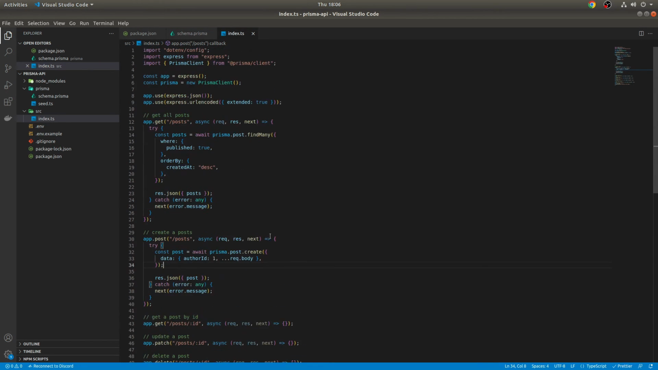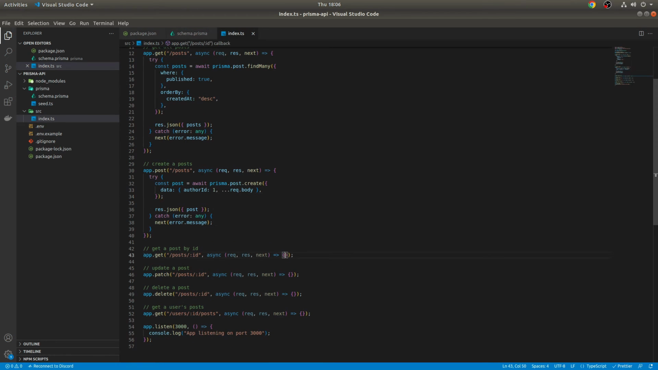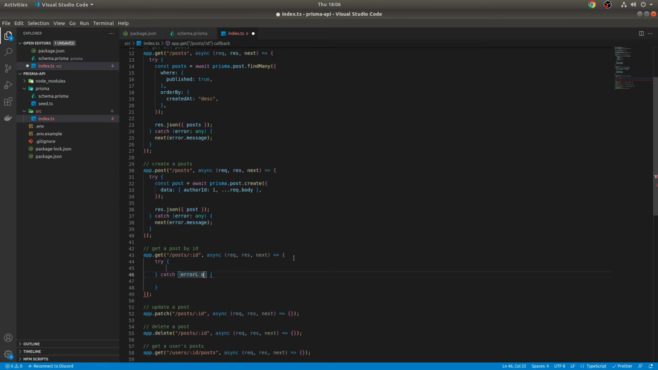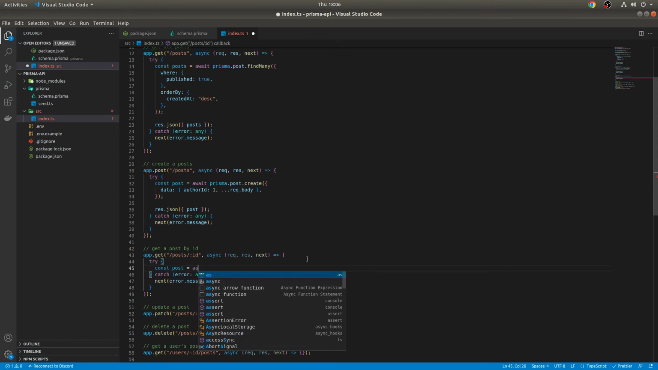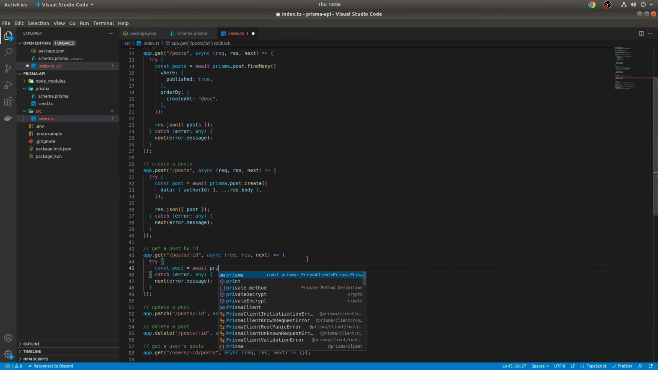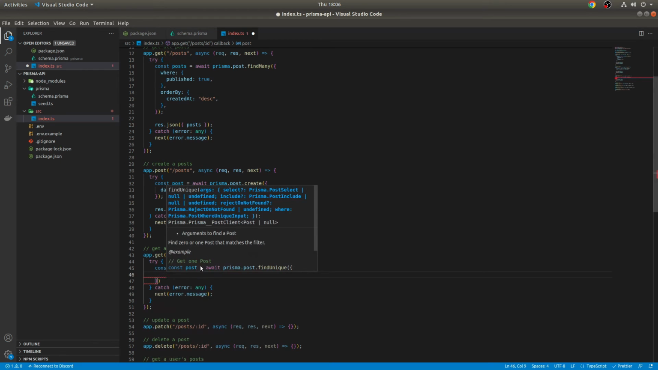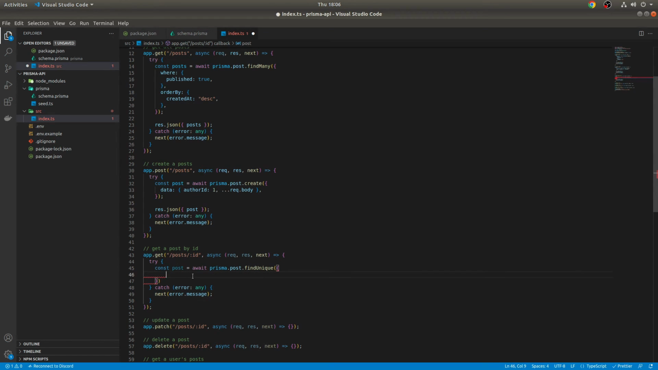Then we've got get a post by ID. So again, try catch. Error, I'll do any. That error is not actually coming up, so I probably don't need to put any like this, but I'll do it anyway. And then I'll just put next error.message. And we'll do const post equals await, and then prisma.post and then we can do findUnique. So this is quite good. We can find things based on unique values. So in our case, it's going to be the ID. So we'll do where